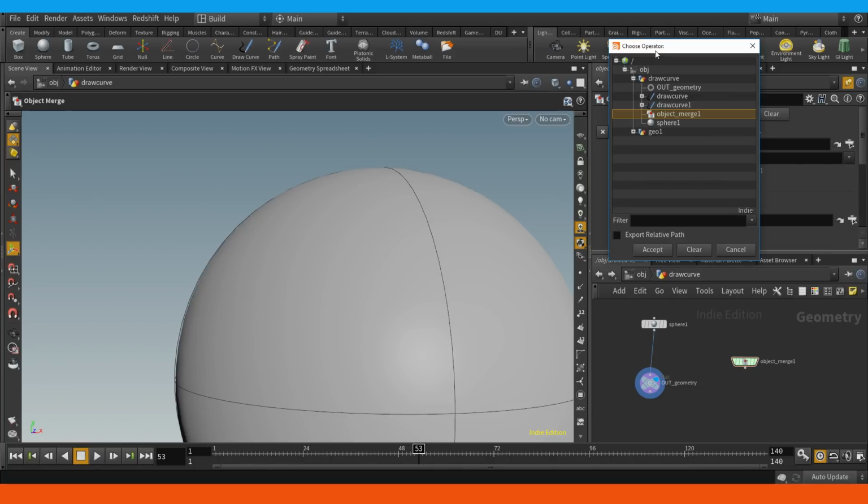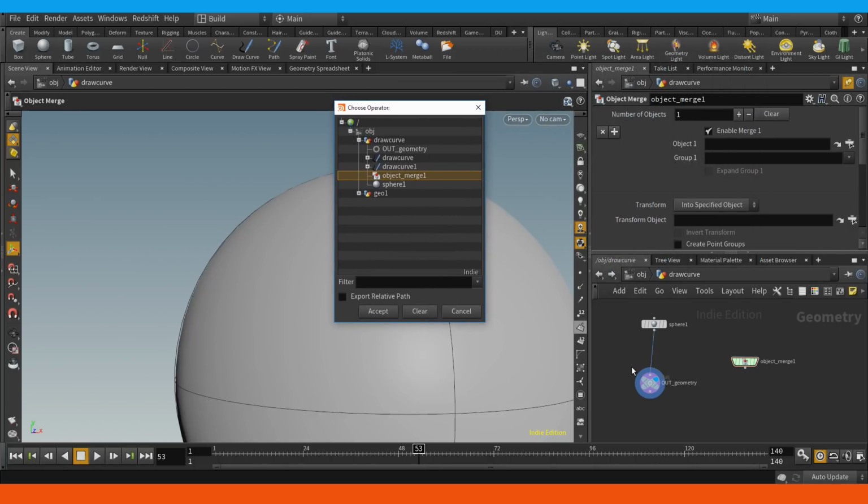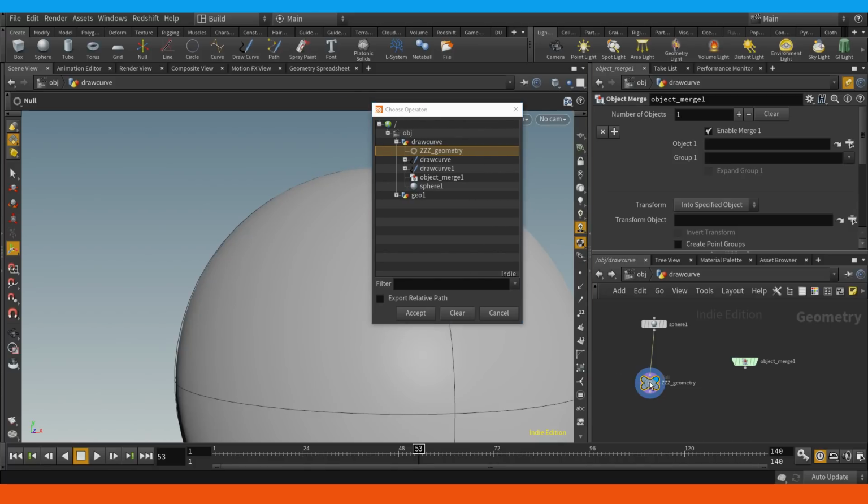If I go to merge in this out geometry, you'll see that it's at the top of the list, and that's because it's in all capitals. So that could be any text. It could be ants, and it'll be at the top. It could be ZZZ, and it'll be at the top because it's in all caps. So that's why you'll often see people name their nulls, their waypoints, with all caps to start with,